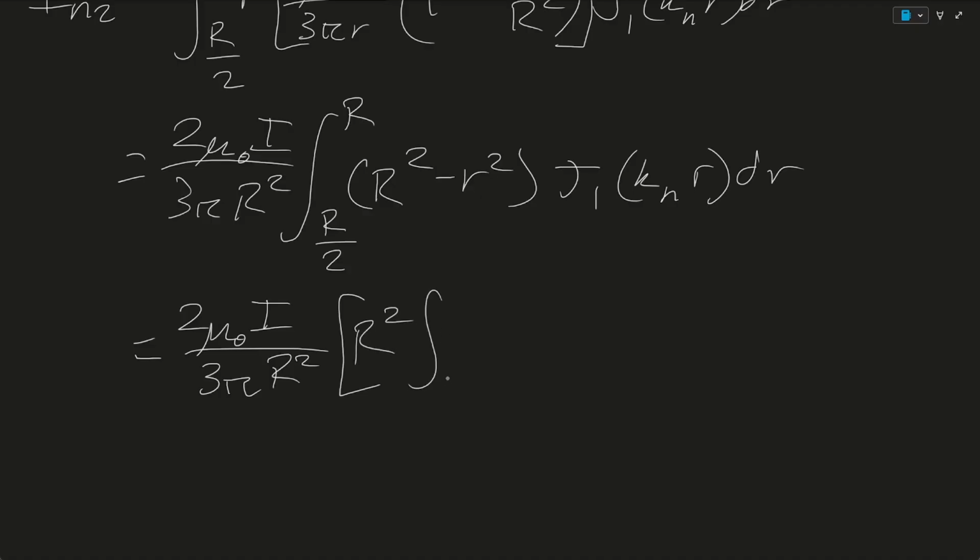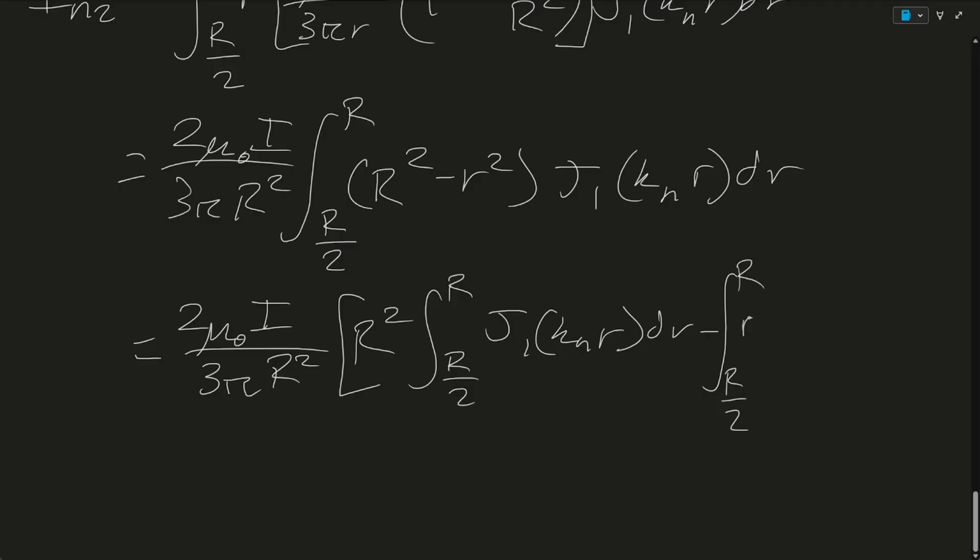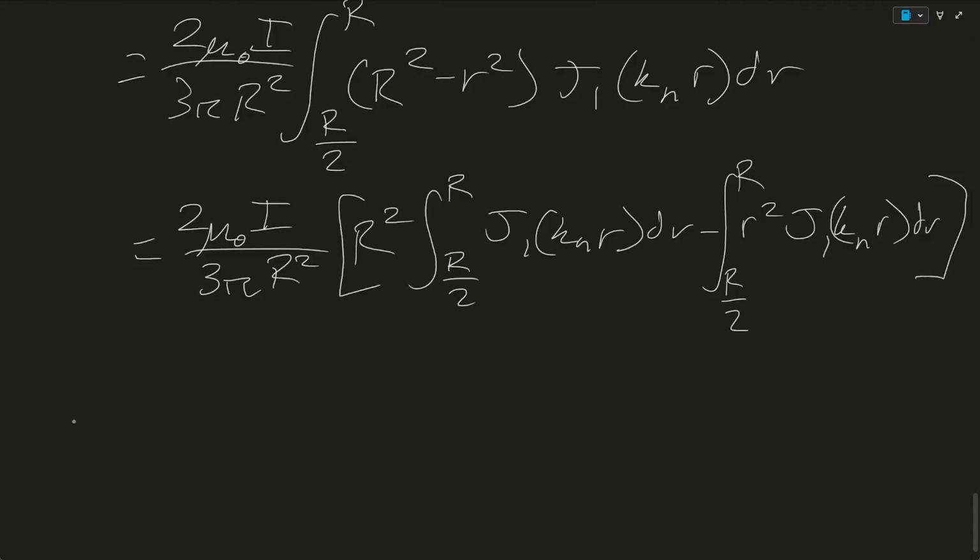R squared integral r over 2 to r of j1. In fact, there's not even an identity. No, there is. Did I point it out very clearly? No, there is no identity. Apologies for the confusion. Nearly ran out of space there. Anyway,